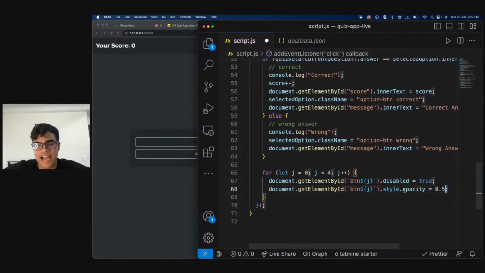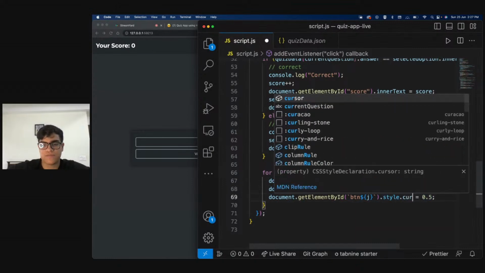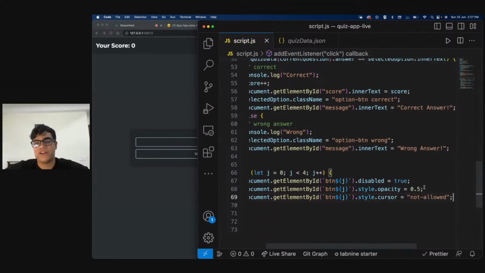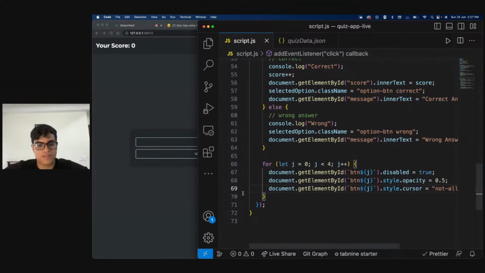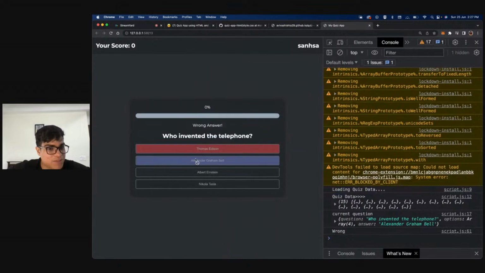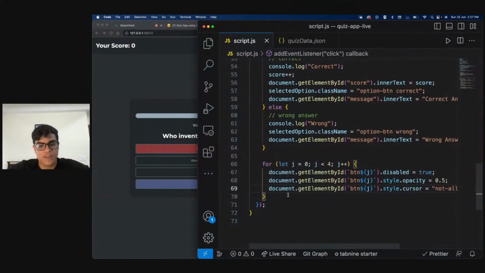Similarly, I will have style dot cursor, and the cursor value is not allowed. So now, if I start my quiz and click on something, everything else becomes disabled. Now the only thing is, everything should be disabled except for my selected option. So now I'll just do the same thing again.